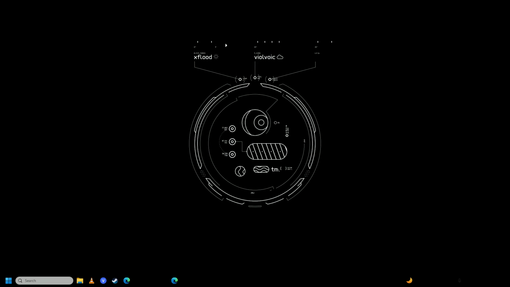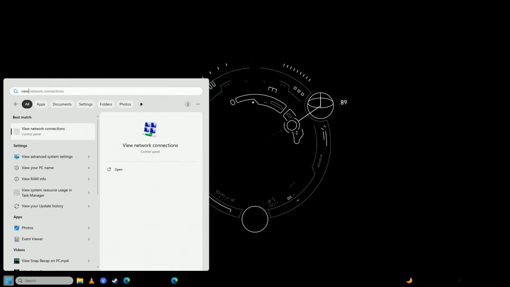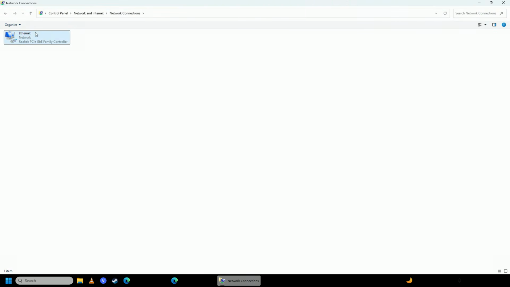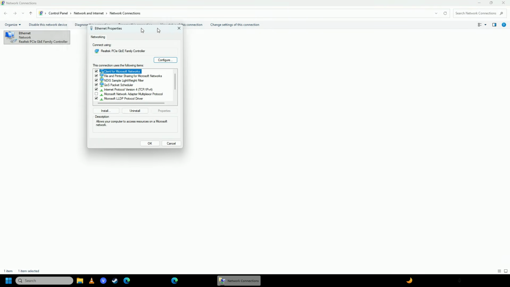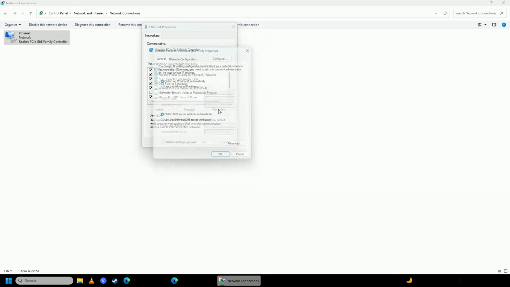So first off, just open up your start menu right here, view network connections, and then select your network connection here. If you're on an Ethernet connection, you should have Ethernet, and if you're on a wireless connection, you should have WLAN. So right click on your network connection, click properties, click Internet Protocol version 4, click properties